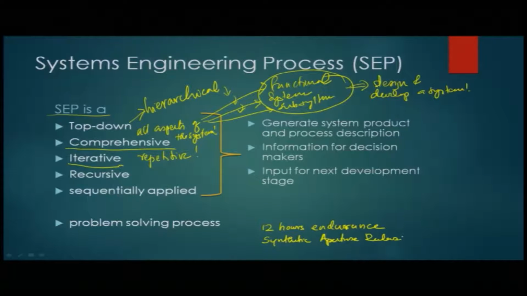Let us say for the time being the SAR is a heavy payload, assume it that way. Then when you have SAR, this endurance translated to let us say 300 liters of fuel,